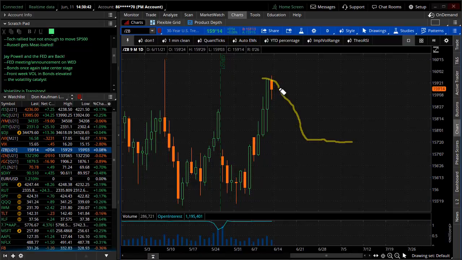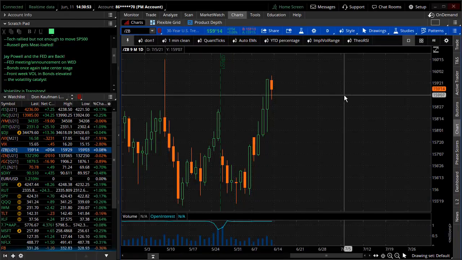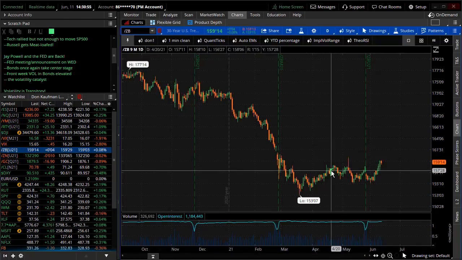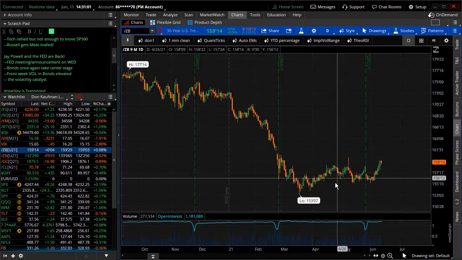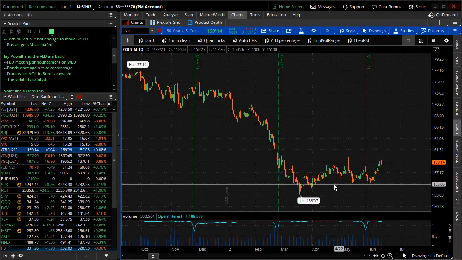So you can't just look at this as bonds moving up or bonds moving down. No, the bonds can actually skirt right back through the middle. And if they do that, the marketplace is unequivocally going to rally. When I say the marketplace, the S&Ps, they want the bonds back inside of this range. This range is like 158 down to the neighborhood of about 155. It is a tight range. If you stay inside of that range, everybody's going to be happy. They're all going to hold hands, and the S&Ps are going to rally.